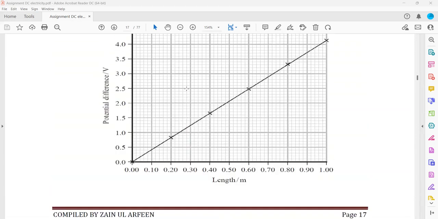So using the graph, 0.75 meter. Each 10 boxes are equal to 0.2, so each box is 0.02. So 0.72, 0.74, 0.76. In between them will be 0.75. So we'll draw a line and work out the voltage. Each 10 boxes equal 1, so each box is 0.1. So this is 3.1